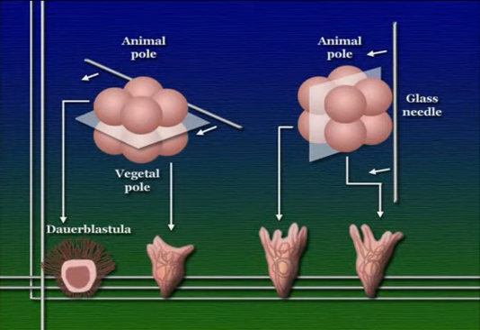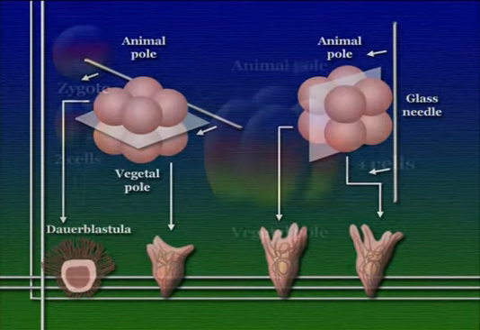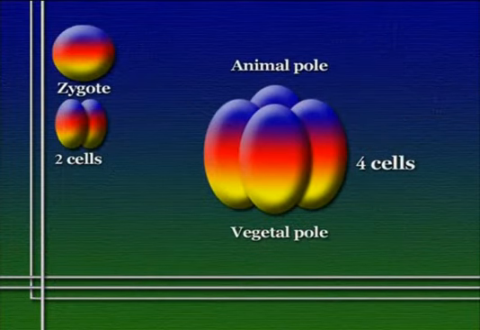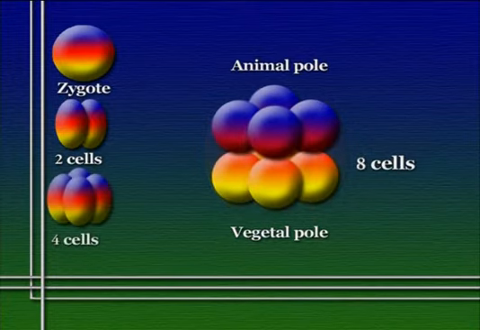To interpret this result, remember that the first 2 divisions of cleavage in sea urchin embryos follow the longitudinal plane, maintaining the asymmetry of cytoplasmic determinants along the animal pole to vegetal pole axis. But the 3rd division, leading to the 8-cell stage, which is what Horstadius was working with, occurs along the equatorial plane. This means that the 4 cells on the top, after this 3rd division, have a distinctly different distribution of cytoplasmic determinants, remember, that's proteins and messenger RNAs put into the zygote by the mother, as compared to the 4 cells on the bottom.